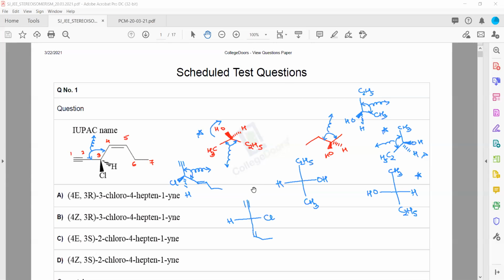ठीक है? So just एक simple सा trick है, the angle between the bonds is to be observed. अगर आप इसको इस particular case के इसमें left hand side बोल रहे हो, ठीक है? So if you see this on the left side, then methyl will go up, ethyl will go down, and OH is going to be on the left hand side. That is what we have drawn here.